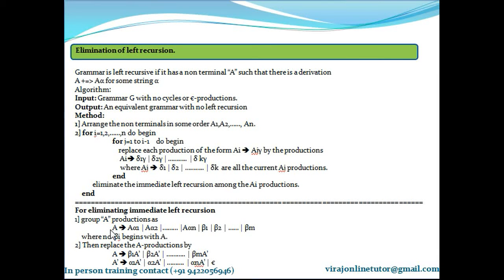Suppose there is a production A gives B and B gives C and C gives A. After keeping on substituting these productions, you will come to know that A gives A alpha. So then you will come to know after substituting that it has a left recursion in it. That is what an indirect left recursion is. Indirect left recursion is one in which only after substituting you come to know that there is left recursion in it. Direct left recursion, directly looking at the production, you are able to find out that it is having a left recursion. So indirect left recursion is one in which after substituting productions you can see direct left recursion. But in direct left recursion, it's direct.